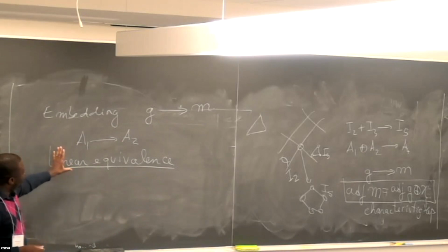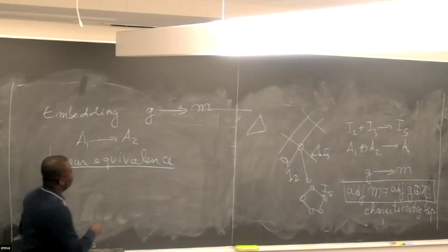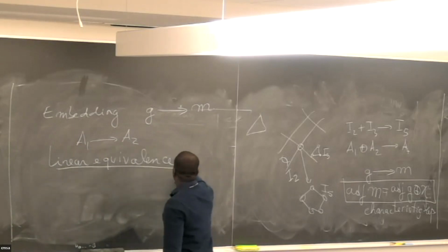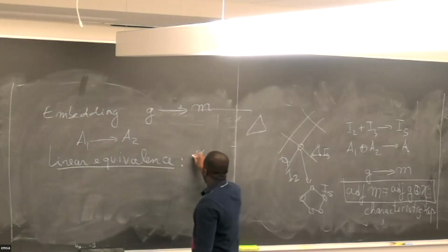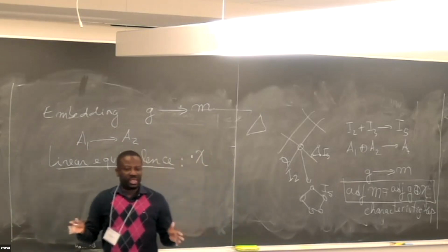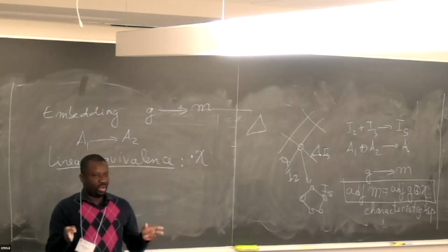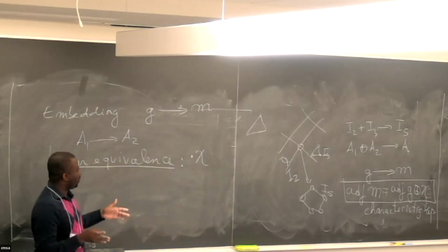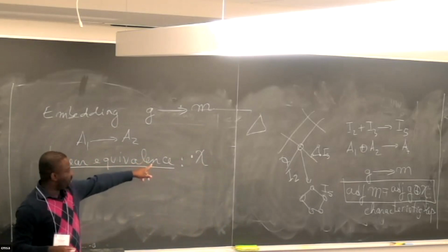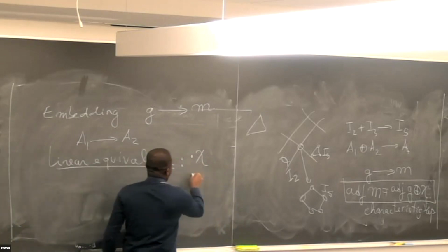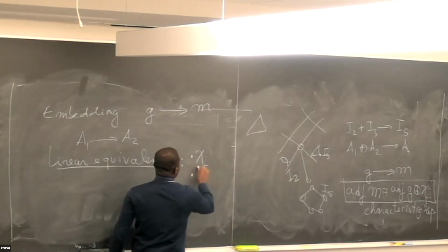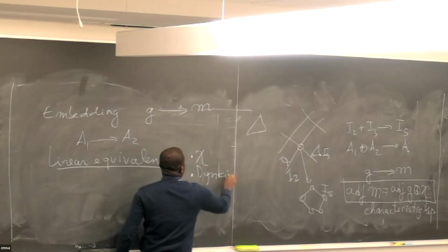So with linear equivalence, there are two things that you preserve. First of all, the characteristic representations are the same. So when you have two subalgebras that are linearly equivalent, they give the same characteristic representation, but also you preserve what is called the Dynkin